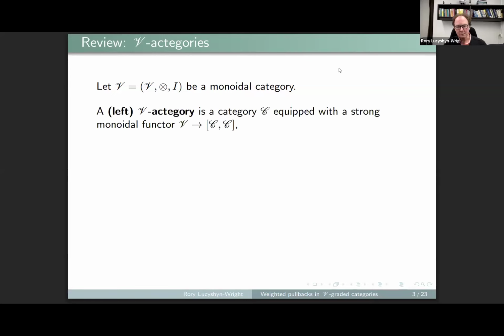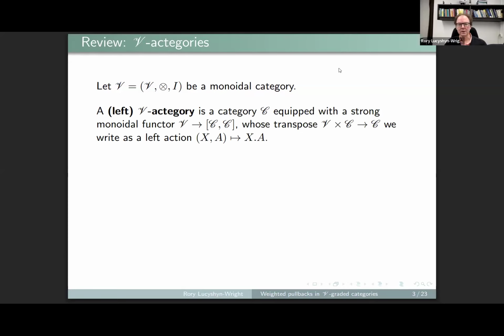Then a left V-actegory is a category C equipped with a strong monoidal functor from V into the category of endofunctors of C, regarded as a strict monoidal category. And we're going to regard this as an action. It's a strong monoidal functor whose transpose, which is a functor from V times C to C, we write as